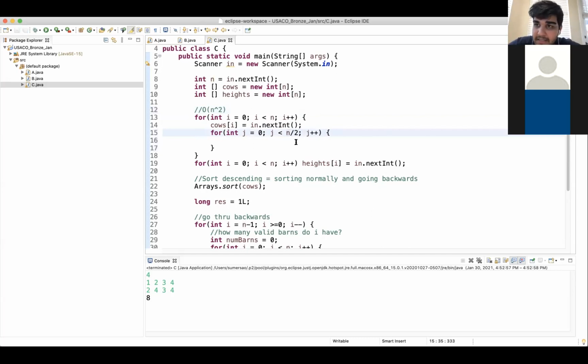Well, what is the complexity here now? N to the power of n over 2. So be careful. No, that's wrong. N times n over 2. So that's like n squared over 2. Right, exactly. So you would think that it's n squared over 2, but actually in our analysis, we don't care